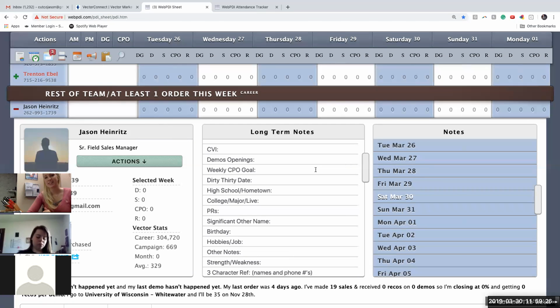So you put their CVI in there. Demo openings. This is when you guys are having your PCs, you're going to really figure out what their weeks are going to look like. These are long-term notes, not just this week. This is what their summer is pretty much going to look like. Dirty 30 date: when do they want to hit Dirty 30 by? We're going to set goals for them, or they're going to set goals for themselves. Hometown and high school, college and majors, PRs, significant other name, birthday, hobbies, other notes, strengths and weaknesses, and 3